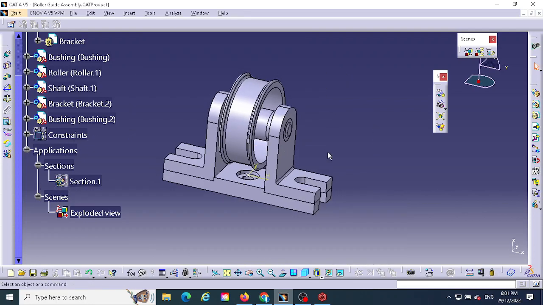After you did the part modeling and the assembly, and of course the sectioning of the 3D model, and also the exploded view, the next one is producing the drafting drawing. You need to convert this 3D model into a 2D model. You need to produce two-dimensional drawings,